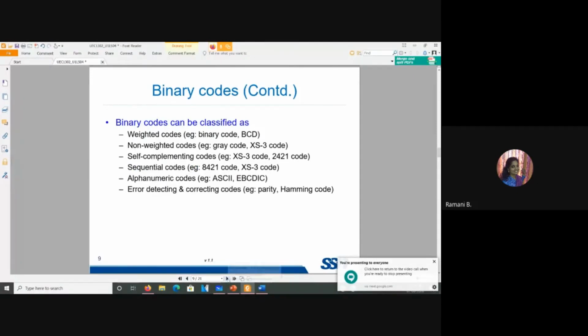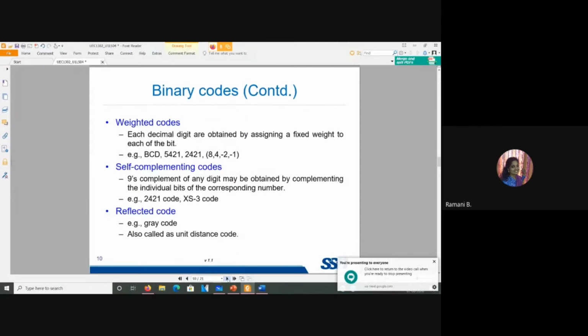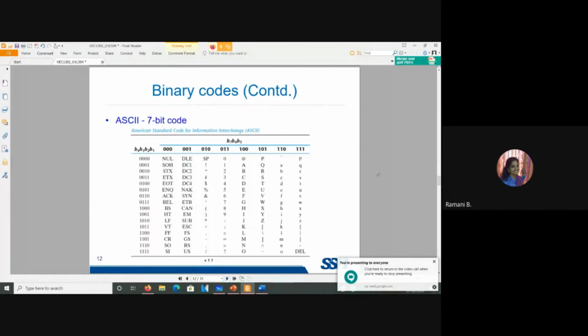Next, the alphanumeric codes. The most popularly used alphanumeric codes are ASCII and EBCDIC. Here we will see ASCII alone. It is basically a 7-bit code. Mostly with respect to computers, this ASCII format is used. Apart from the numbers, you have letter symbols, then characters, and control operations also have a specific combination. Okay, this is the basic thing you need to know about ASCII. And many computers, we know, consider 1 byte as the unit of information.